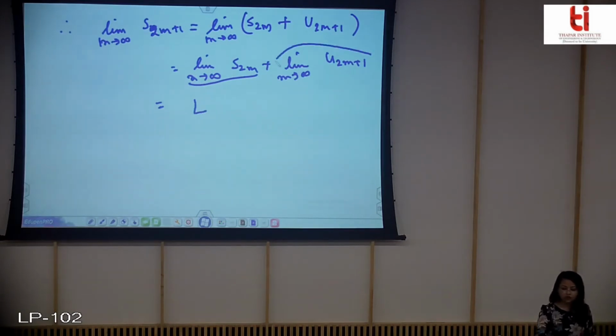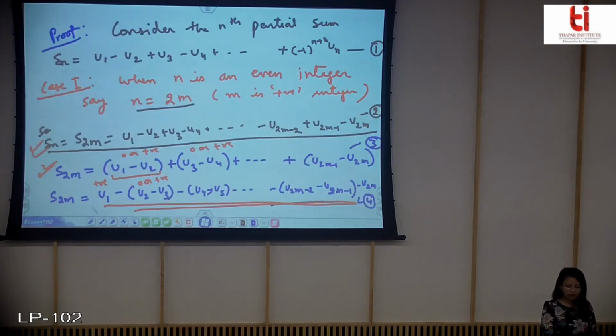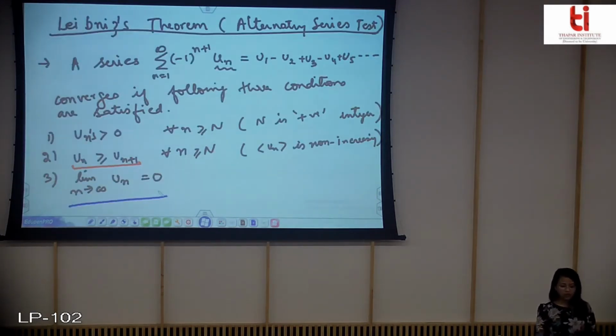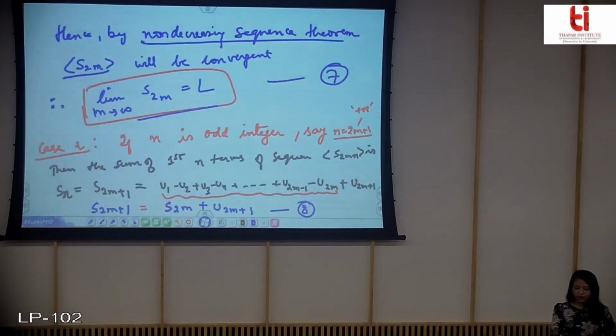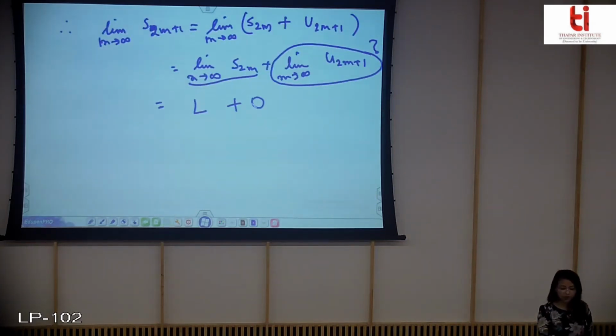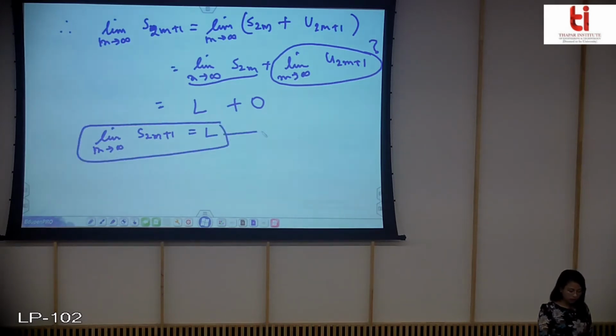Now what about this? See condition number 3 of the statement: when these 3 conditions are satisfied, only then can we say that the alternating series is convergent. So from this, the limit of un will be equal to 0. This comes from the third condition. So ultimately the limit as m tends to infinity of S2m plus 1 is equal to L. Now this is my equation number